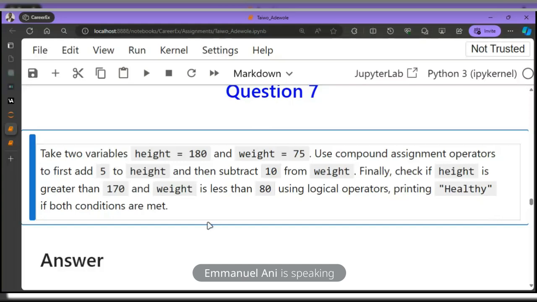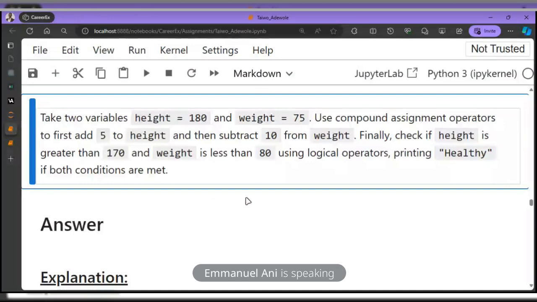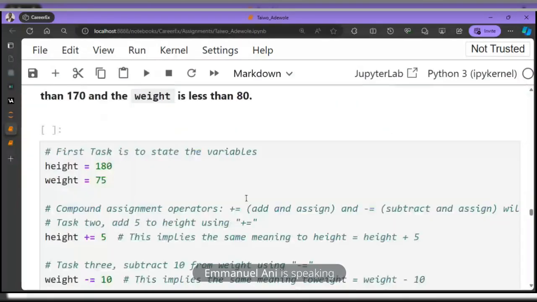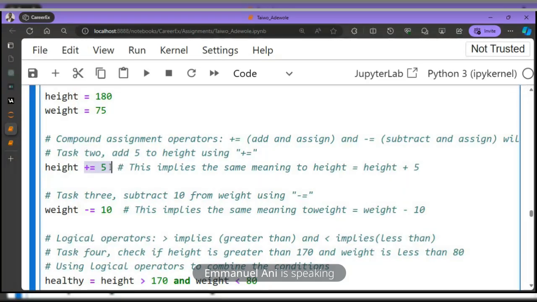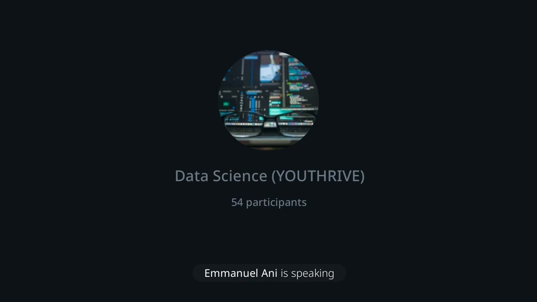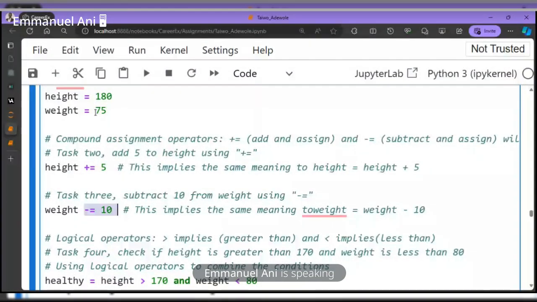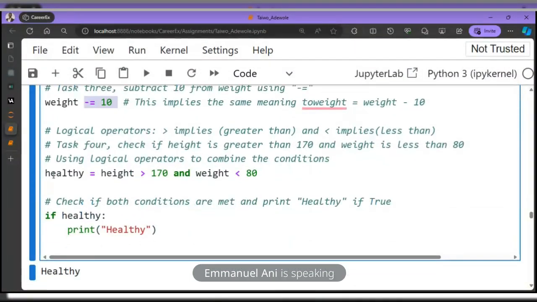So this is just basically trying to test your arithmetic knowledge, right, and also your logical operation knowledge. And your if statement as well. So this is combining the three. So as you can see here in the answer, we have height. I said use compound assignment operator to add 5 to height. So height will now be 185. Subtract 10 from weight. So weight will now be what? 65. So the logical operation here is